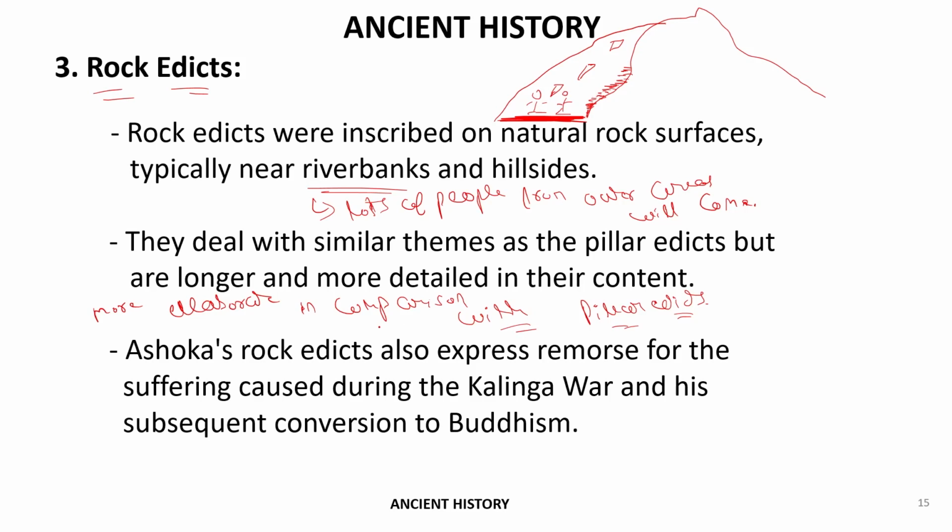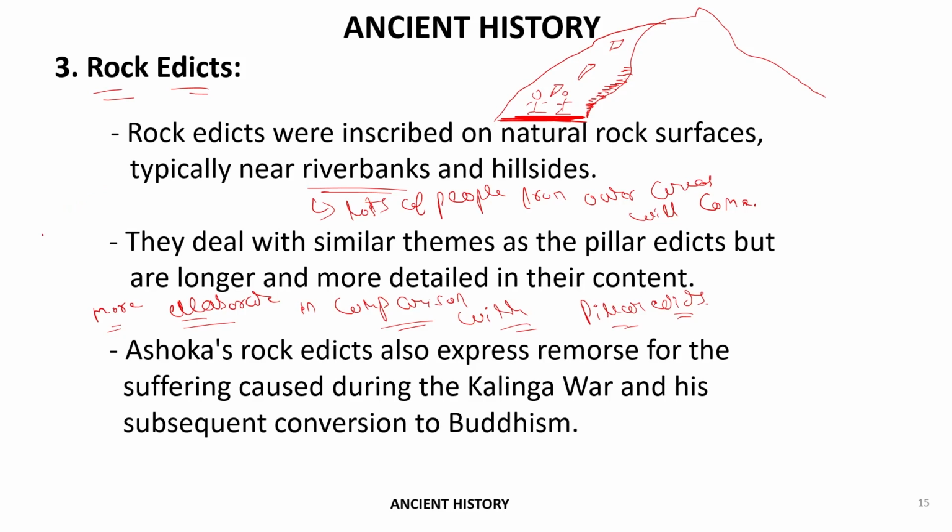Okay. So you can say the rock edicts are more elaborate in comparison with the pillar edicts. Got it? Now, the third point is Ashoka's rock edicts also express remorse for the suffering caused during the Kalinga War and his subsequent conversion to Buddhism. Okay. So basically you can say